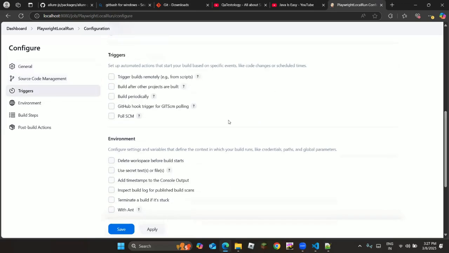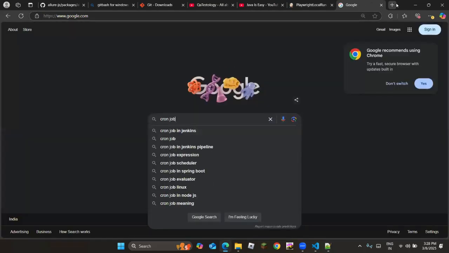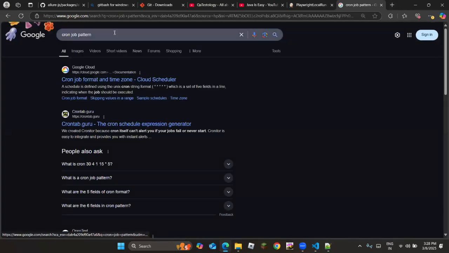And how you want to trigger it, like you want to poll it. Poll means you can run it every 5 minutes or every 30 minutes. You can set up that, hey, I want to execute it every Monday morning, 8 o'clock. You can do it. That is called a cron job pattern. So just Google about it. Cron job pattern, which you can put. So examples,